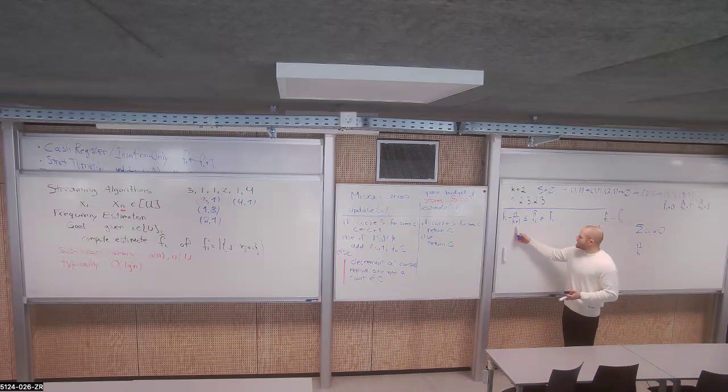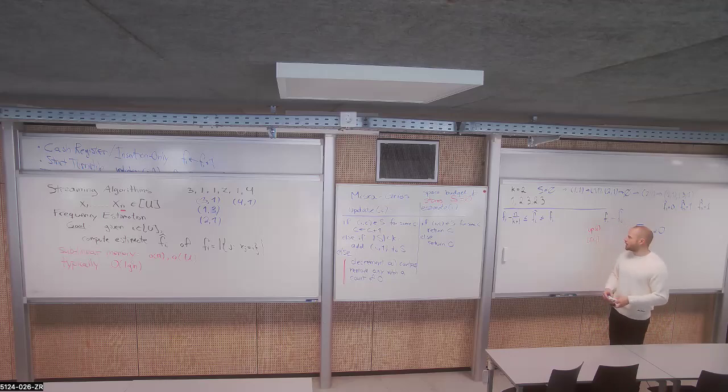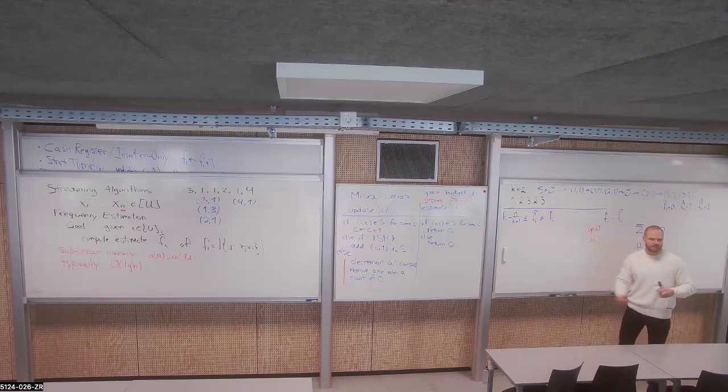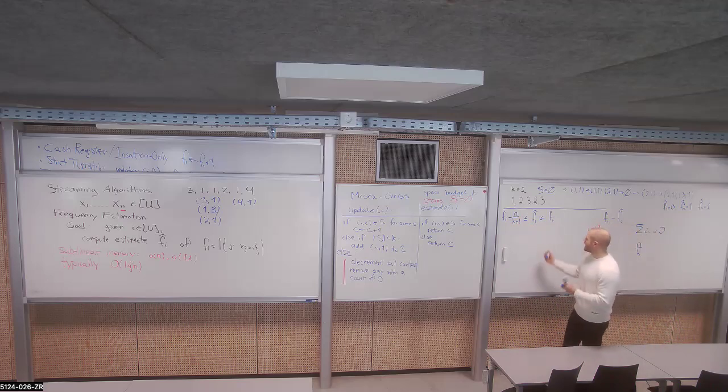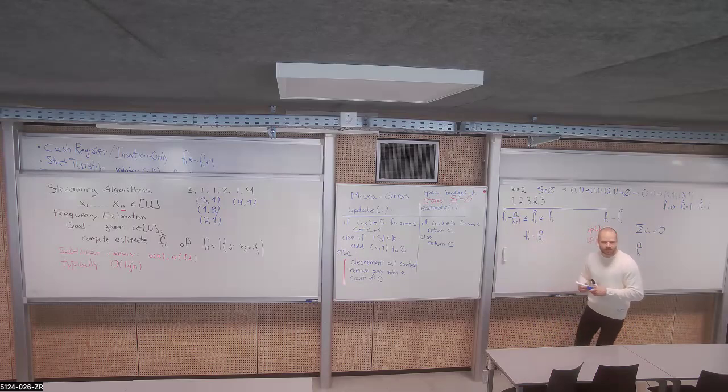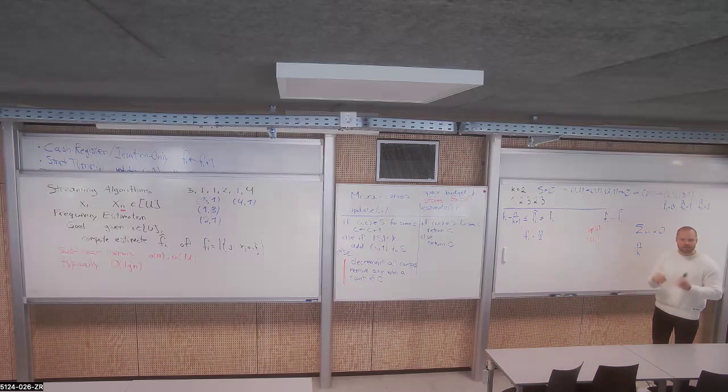You can basically say that items that are quite frequent, items that appear, say, more than a 1 over k fraction of the data stream times, will actually be counted fairly accurately, at least relative to the frequency. If I have something whose frequency is much bigger than n divided by k plus 1, the estimate of it is a pretty good relative estimate; the multiplicative error in the estimate is fairly small, right? Let's say the true frequency was maybe n over 2, and the estimate is off by n over k plus 1. If k is maybe 1,000 or something, it's a small relative error compared to the true frequency. So it's good at counting